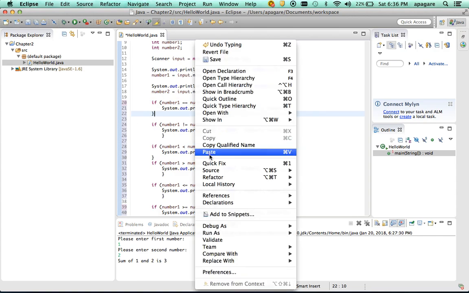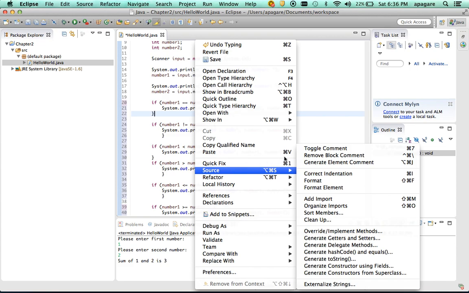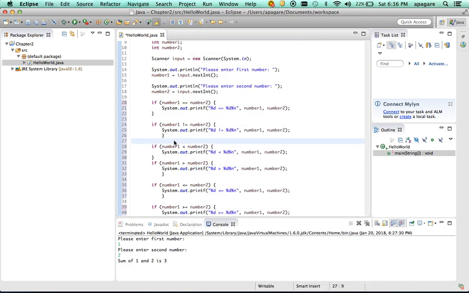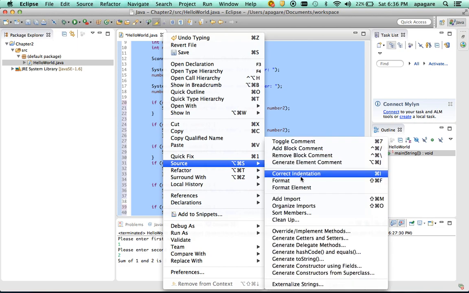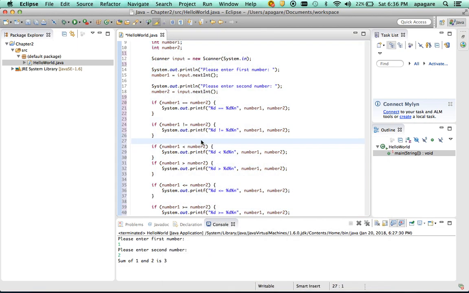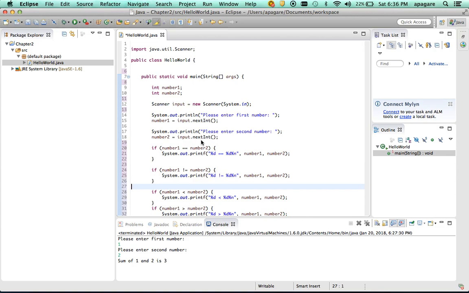We can properly correct the indentation of everything so that everything is properly aligned left to right. The whole thing is enclosed within the class. The class has a method, and the method has a bunch of lines, so they are kind of scooted inside, and you